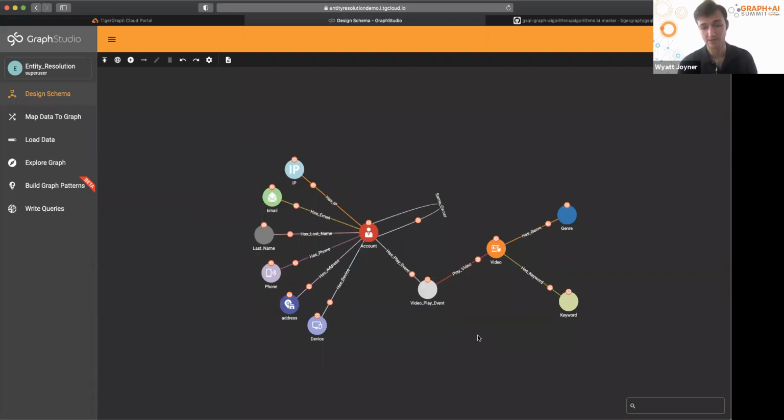We also have this right side of the schema, which represents user interactions with videos. So we have the video play event, which is an intermediate vertex linking account vertices to videos. Now, this is a very common schema structure that you'll see when you want to represent a multigraph. So a multigraph is a graph in which two